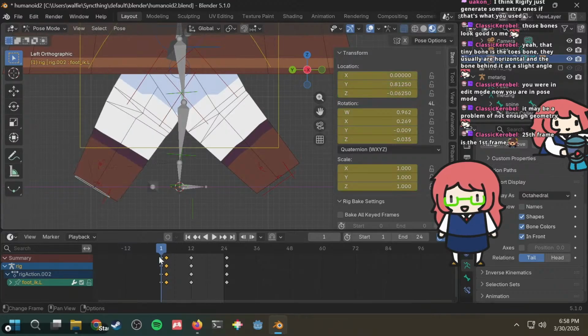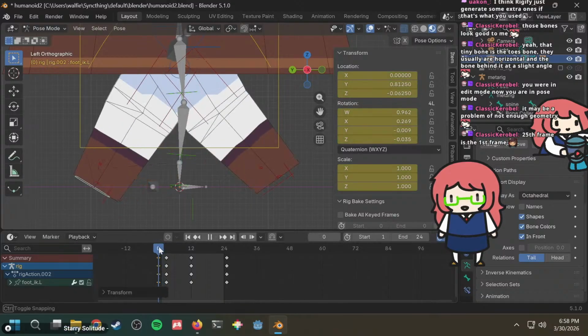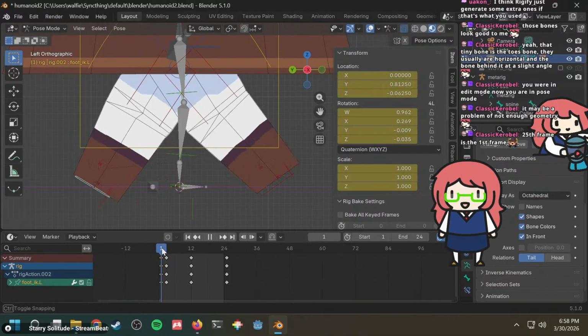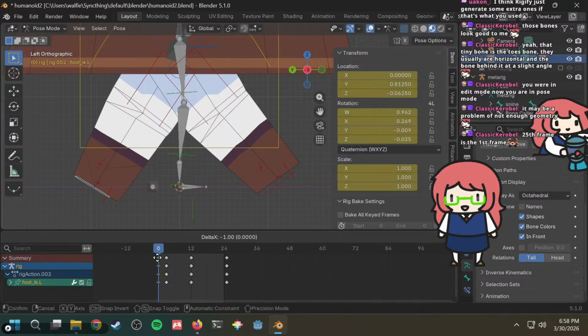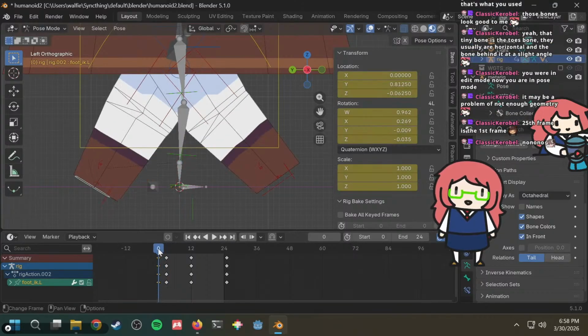Wait, hold on. It starts on frame 1 for some reason, instead of 0. Wait, is this normally 1 indexed? Was I confusing myself? I was editing frame 0 thinking this was 0 indexed. Oh no. No, guys. This doesn't make sense. Start at 0. Make this 0 index, please. Is it weird for animations to be 0 indexed?